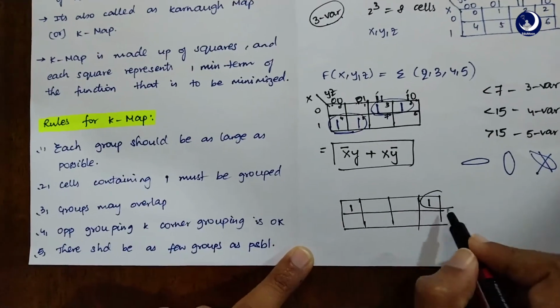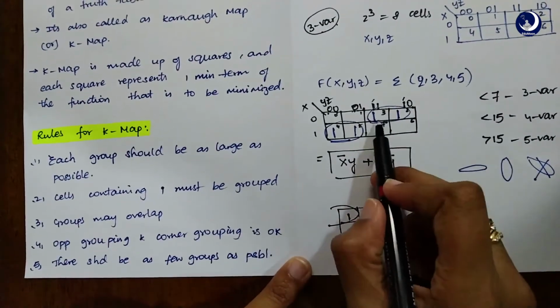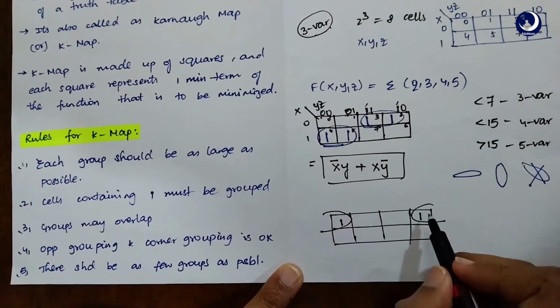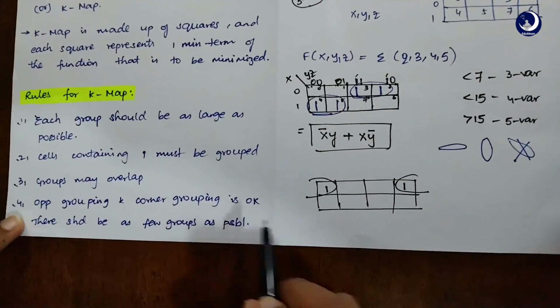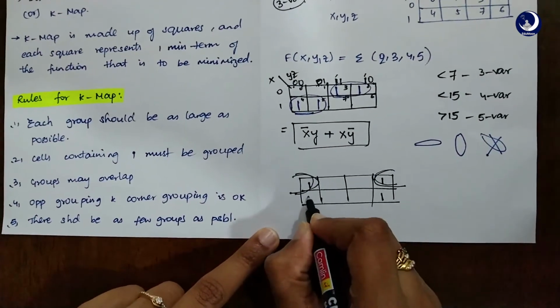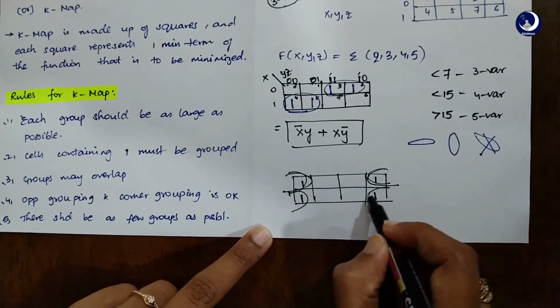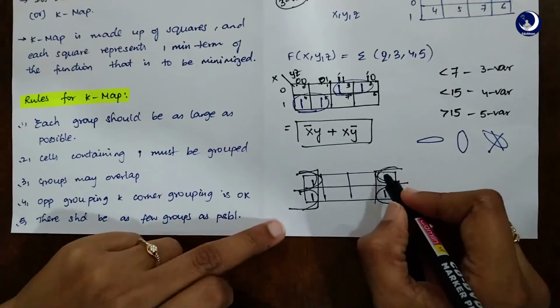No, you can group this one and this one. That is possible. You can take these two as a single pair, like how we have taken the single pair like this one. We can take the values from this one, which is also called opposite grouping or corner grouping. So corner grouping this and this is possible. And even if you have again values here and here, instead of taking two pairs like this, you can take the entire 4 block.